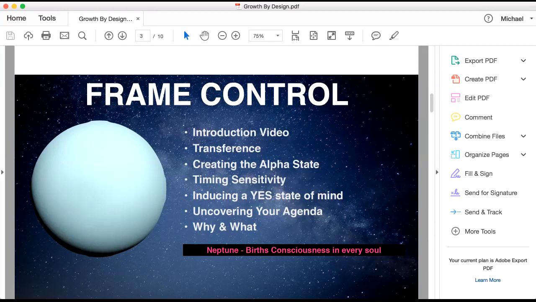So number 4 is timing sensitivity. This is a really handy one. And this is sort of saying, hey, listen, it's great that we were able to make the meeting today. I've got 40 minutes. So you're not saying how much time have you got. You're saying I've got 40 minutes, so we need to get into this straight away. And then moving that from timing into inducing a yes state of mind. So the types of questions that you could ask, and I agree that this is probably a little cliche, but